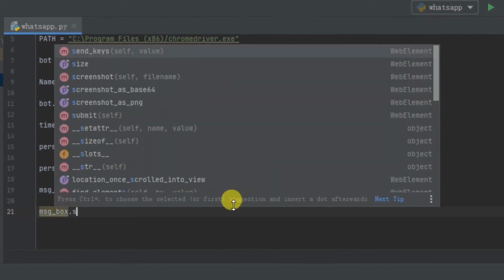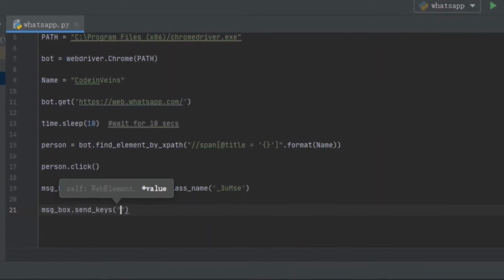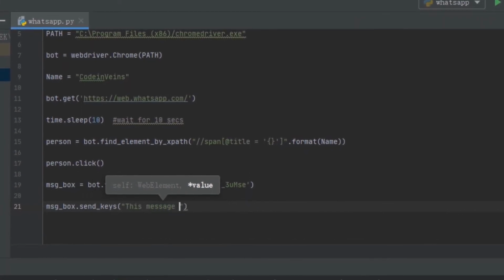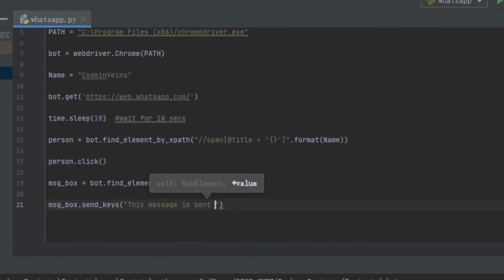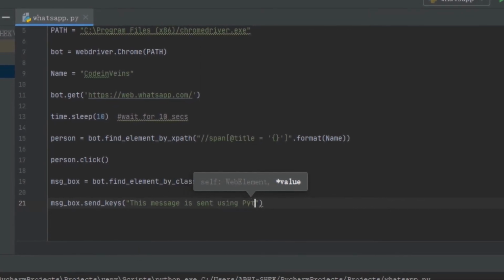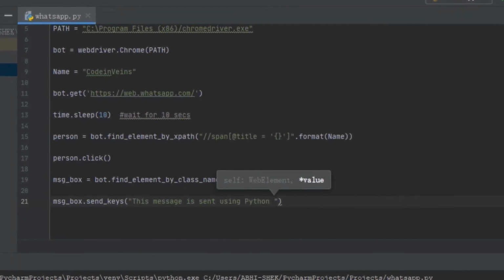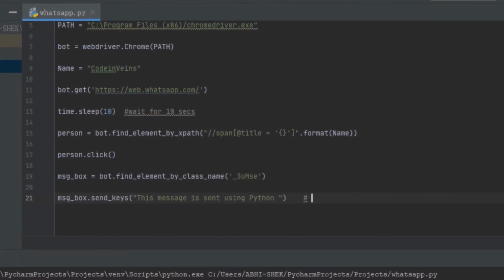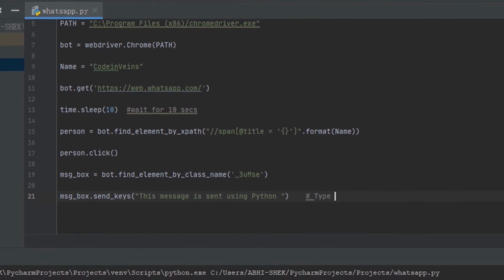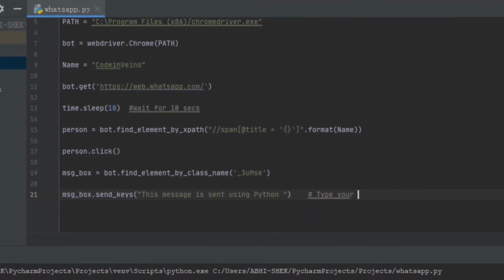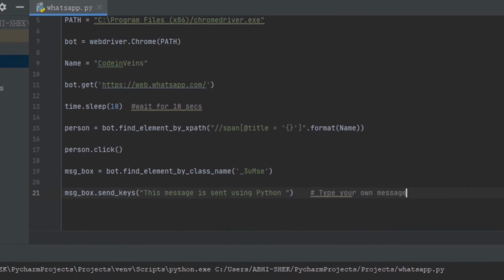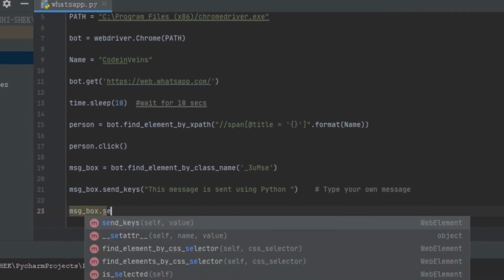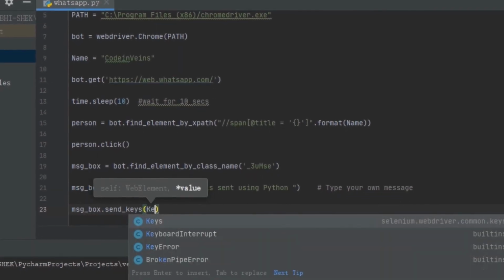Now we have to type a message in the box. So we will use message box dot send keys and in the brackets type your own message. And now to send this message we have to press the enter key, and to automate that we will use the keys module we have imported.